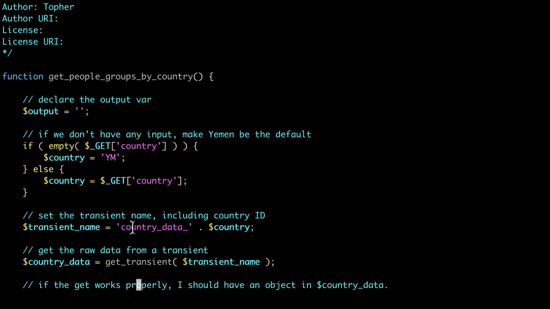And now I'm going to start using transients. And we're going to talk about that a little bit because it uses an API. In WordPress, a transient is a piece of data that gets cached for a short period of time. It's transient data. It's not permanent. It's going to move along. Caching in WordPress is a big, ugly, complicated thing. And there are a whole bunch of functions, and you have to wrap your head around it.